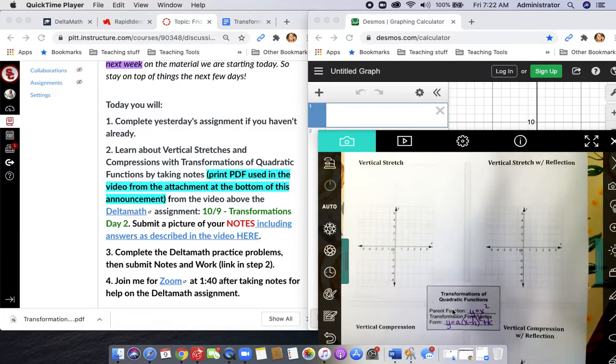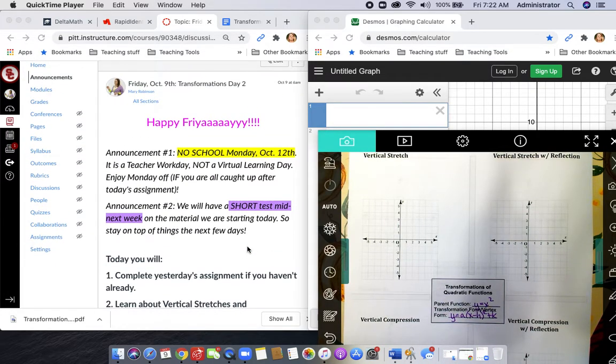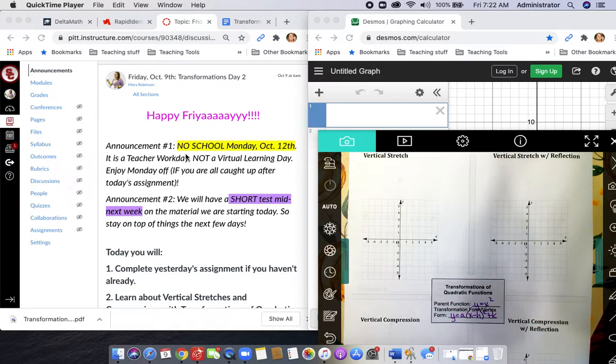You can type this in your notes, you can print it, or you can write this in your notebook. I just wanted to show you on the daily announcement where that's located. So if you'll go to your announcement,